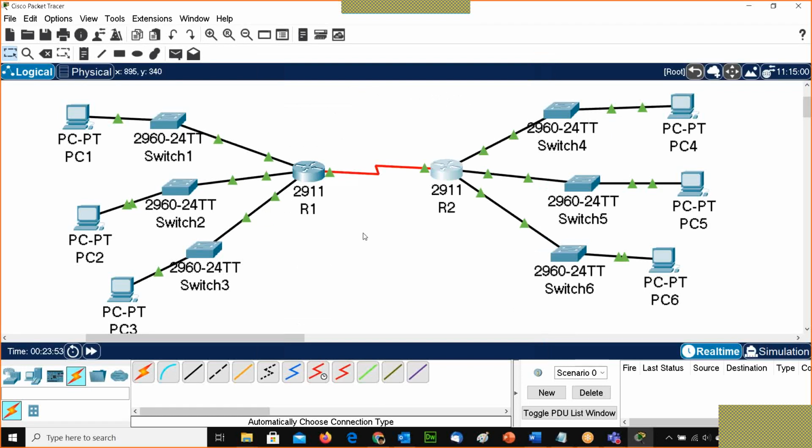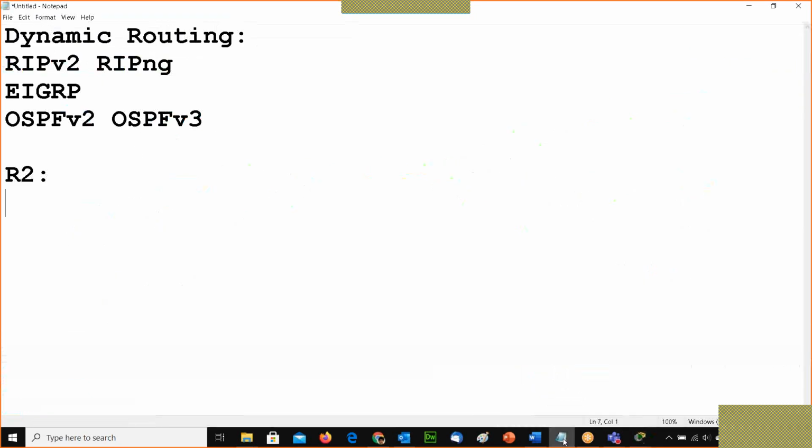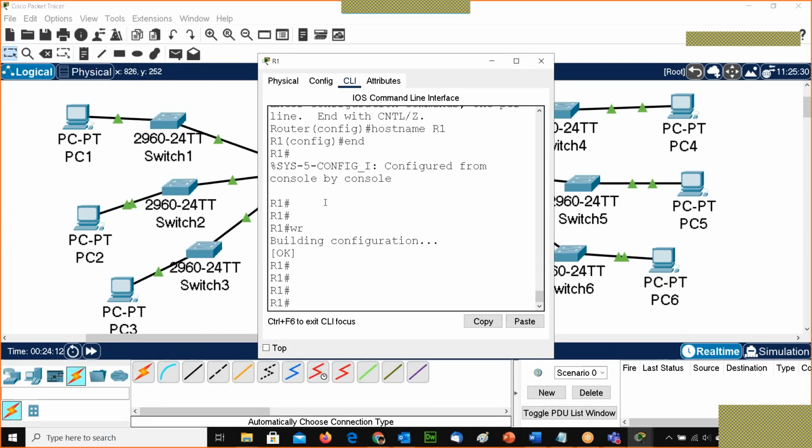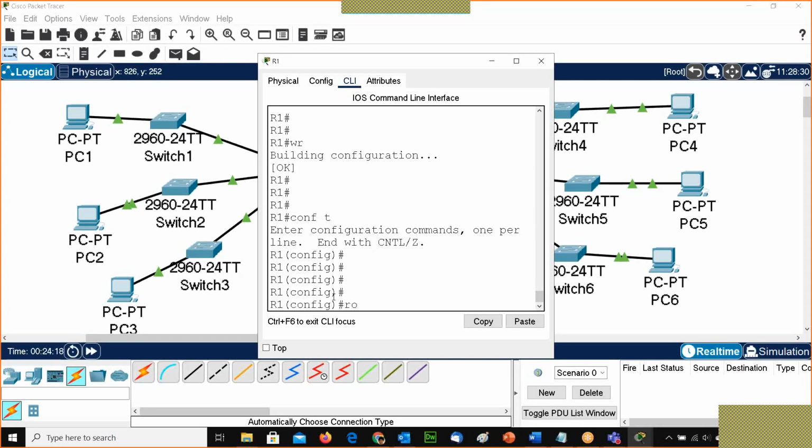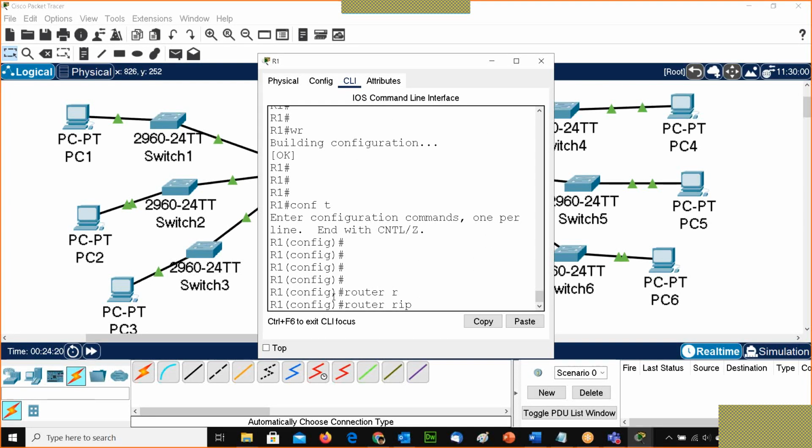Now what I am going to do is configure RIP first. It's a very easy configuration in the case of RIP. What I have to do here in R2 and R1 is enable RIP. Let's see how I can enable RIP. Again, I have to type enable, config t. Now I have to write router rip.